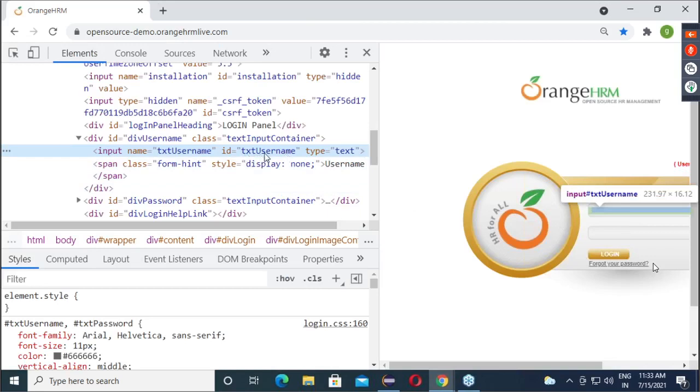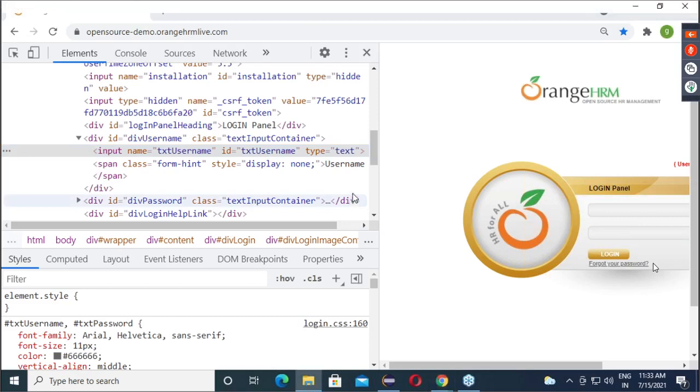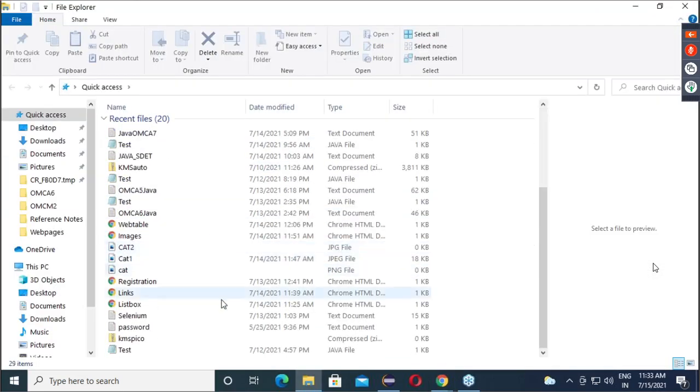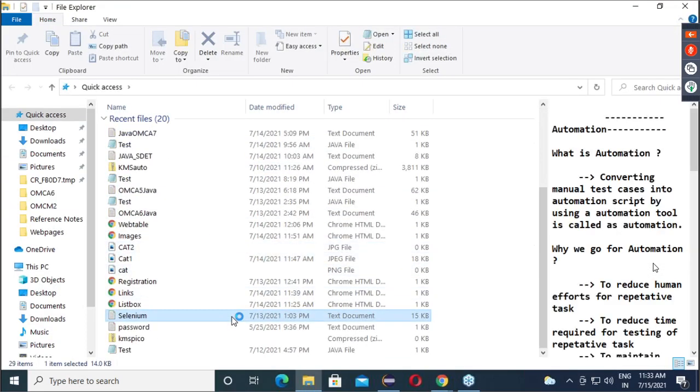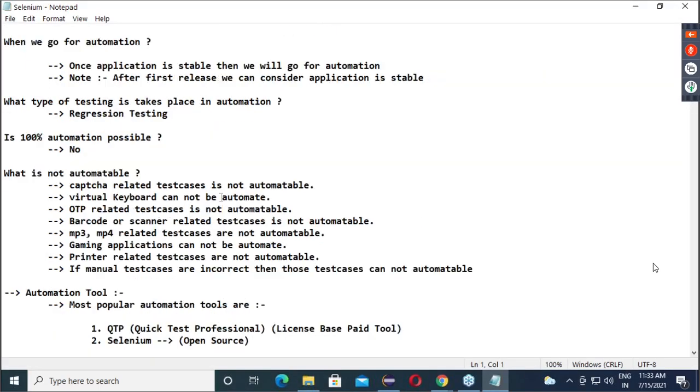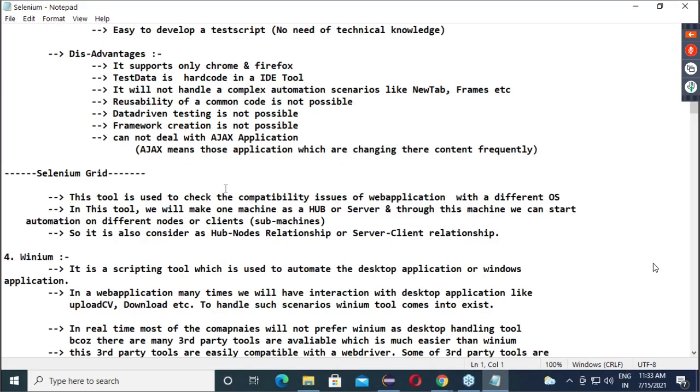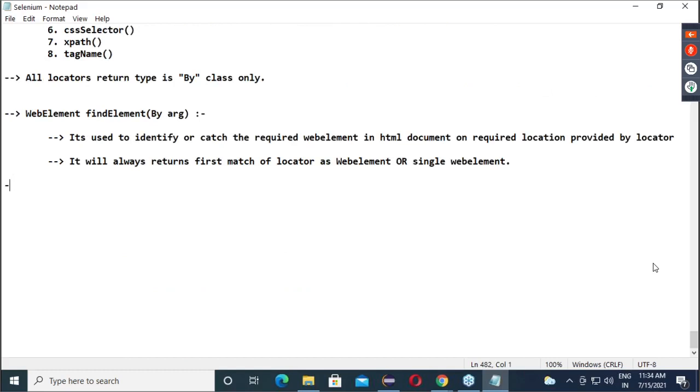And by taking this ID as a reference, you can locate the username web element. So guys, now we will see all locators one by one.